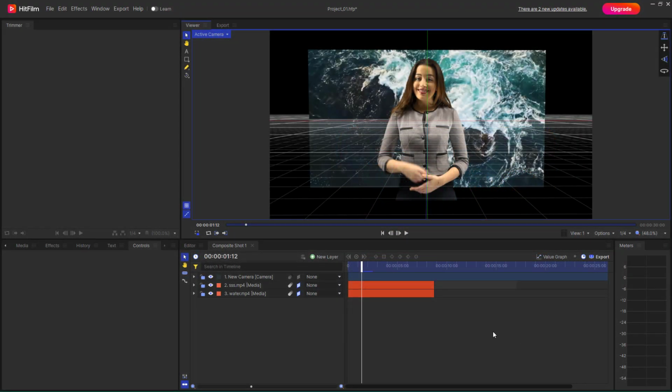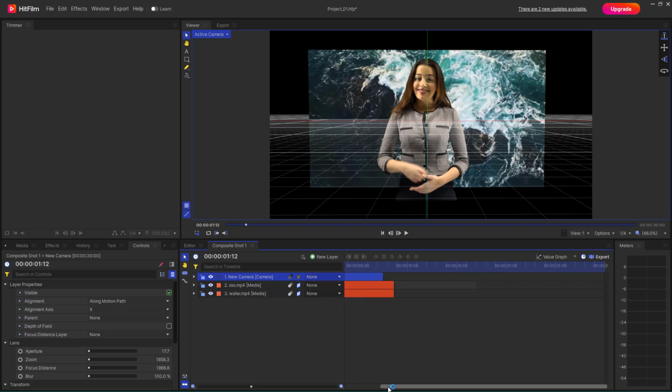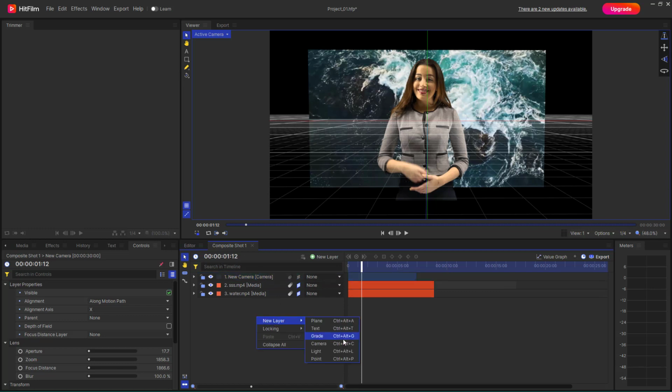So over here in my composition, you can see that I have one camera right here. But what you can do is you can have multiple cameras. So over here, you can see that this is the camera that you have over here. So what you can do is you can go around and resize this camera out right here, just like this in the layer. So now what you can also do is you can go around and create a new layer